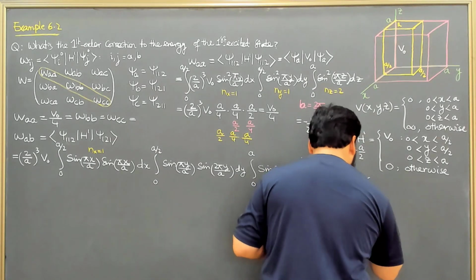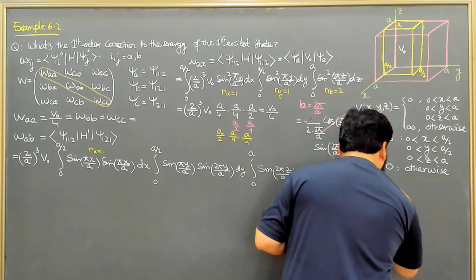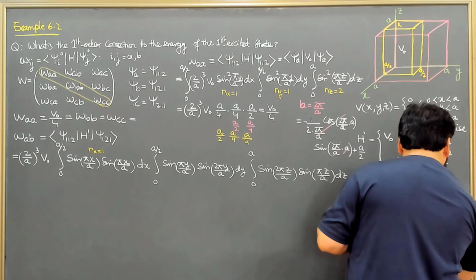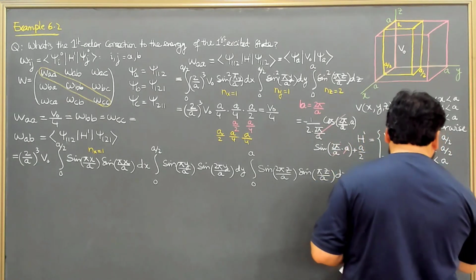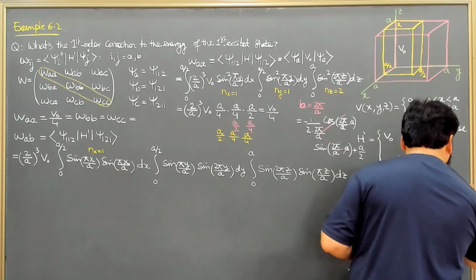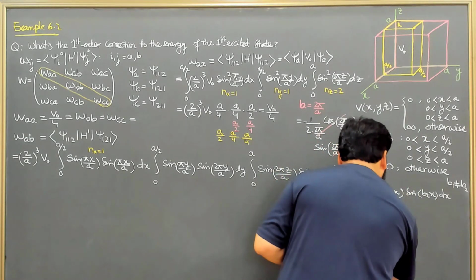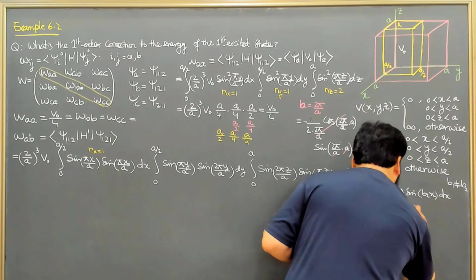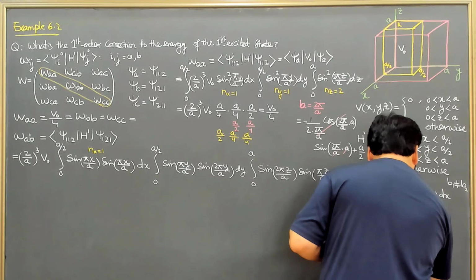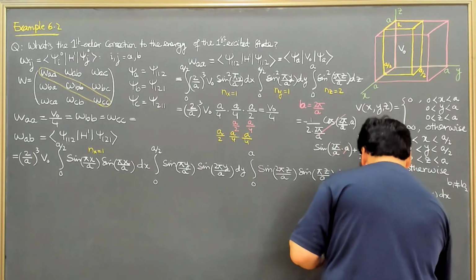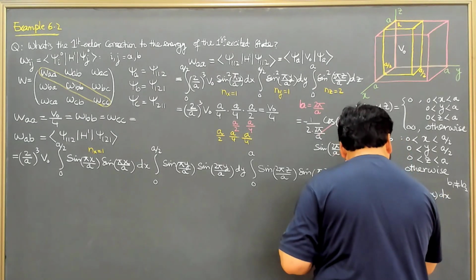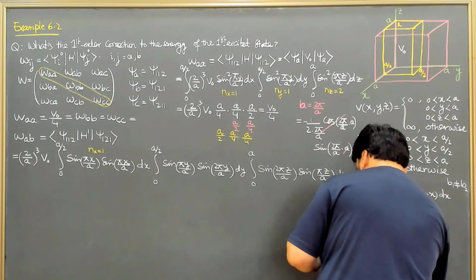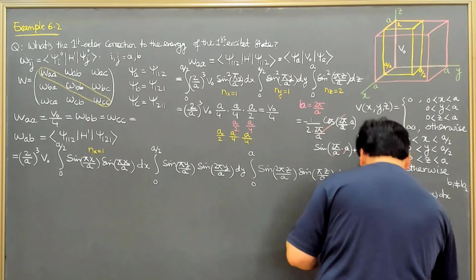So if we have the integral of sin(b1 x) sin(b2 x) dx, then for the solution where b1 is not equal to b2, the integration will be equal to sin((b1 minus b2)x) over 2(b1 minus b2), and then minus